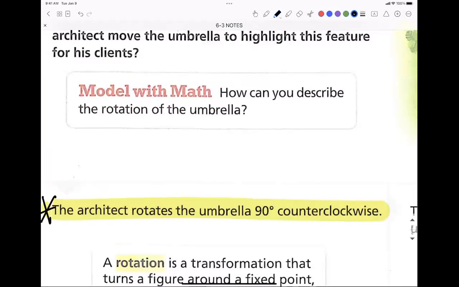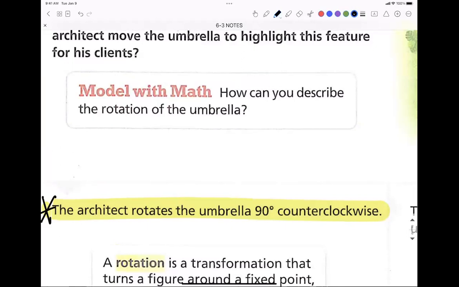Page 321, number 1, how to describe a rotation. What's number 1? The degree. What's number 2, Brady? Clockwise, counterclockwise. What's number 3? Casey. About the, and then fill in the blank. Good. So anytime you see the words describe the rotation, you got to go back to those 3 things that